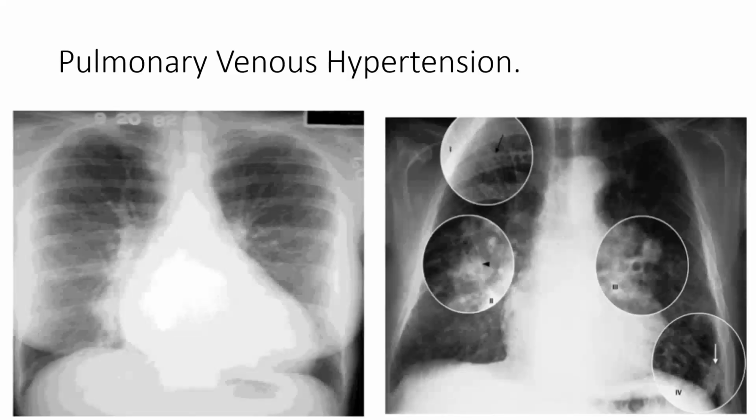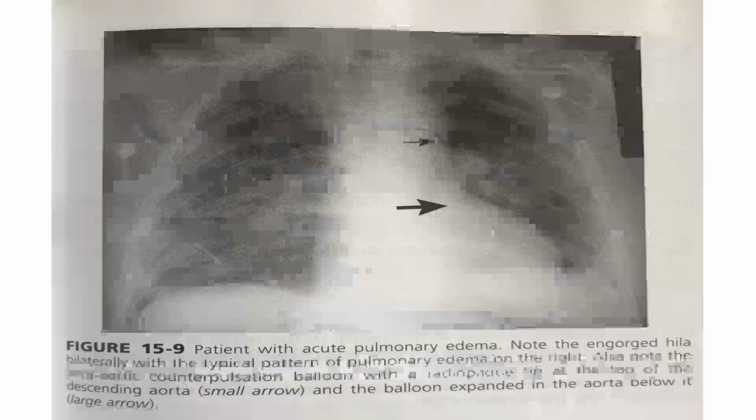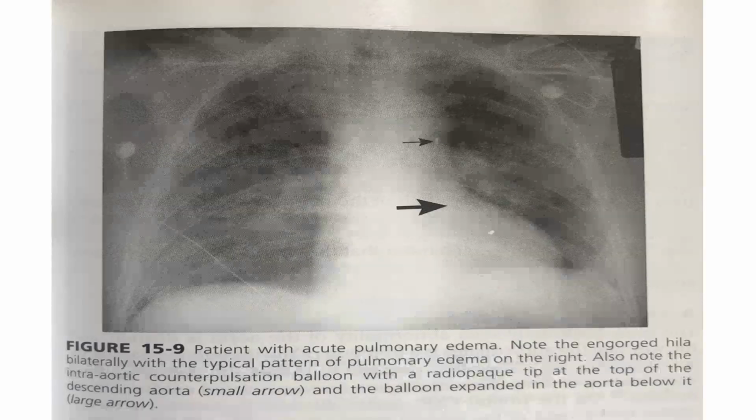This is a X-ray depicting pulmonary venous hypertension, and various signs can be seen. Initially, we'll be seeing the cephalization of the vessels, which is then slowly followed by haziness of the vessels, and if untreated, peribronchial cuffing, and finally Kerley lines appearance, which are seen as perpendicular lines to the pleura. If untreated, it can progress to pulmonary edema, which can be seen with the classical batwing appearance. This is another example of a person with acute pulmonary edema, as we can see by the classical batwing appearance.